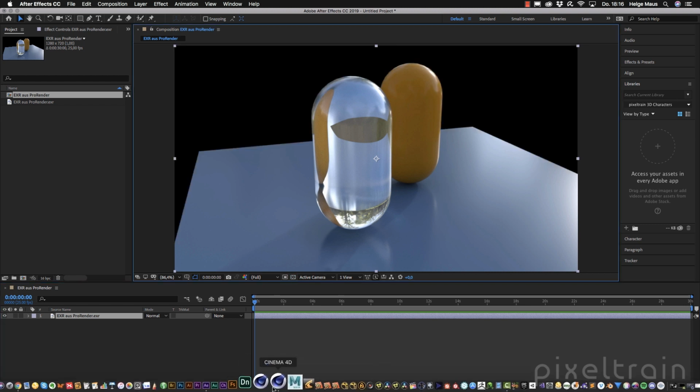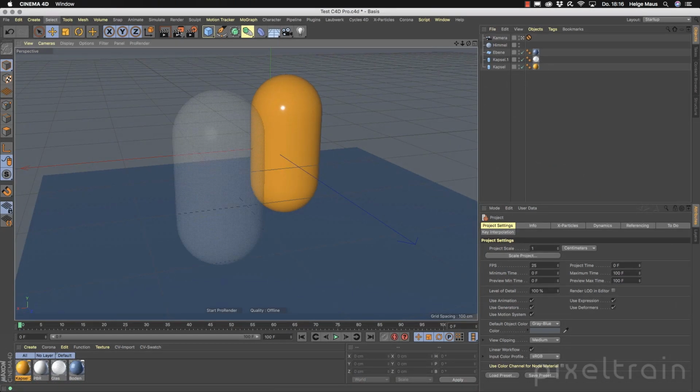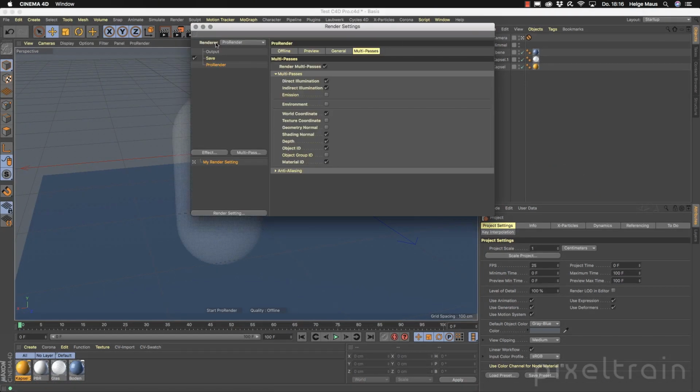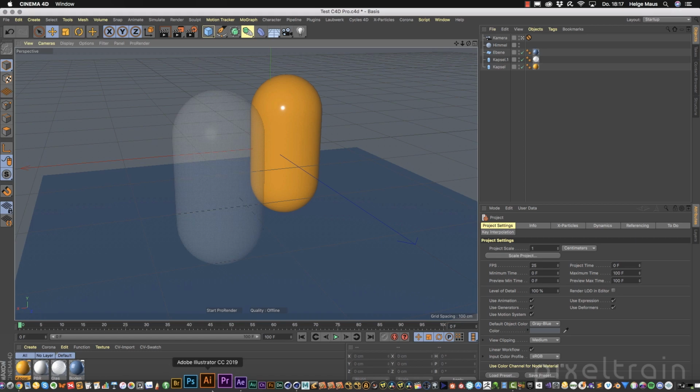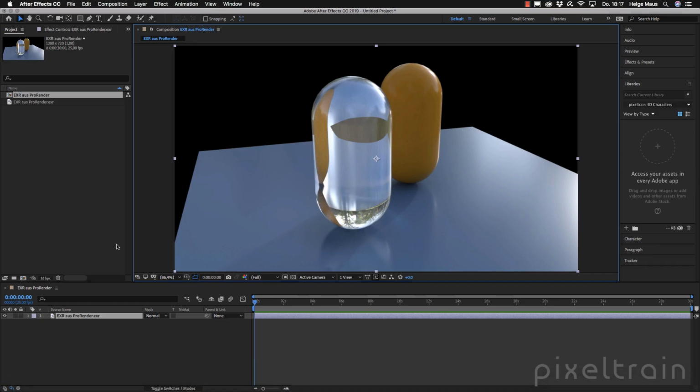But if I take a look here now, for example, into Cinema 4D and my render settings here, I use ProRender for this, and here under multipasses, in other renderers it's named AOVs, for example, or render elements. You see I have activated here some passes, direct and indirect illumination, for example, world coordinates as a world position pass, and the normals, a little bit of depth and object IDs. That's it. And everything was collected now inside of this EXR, but like I've said, you only see the first